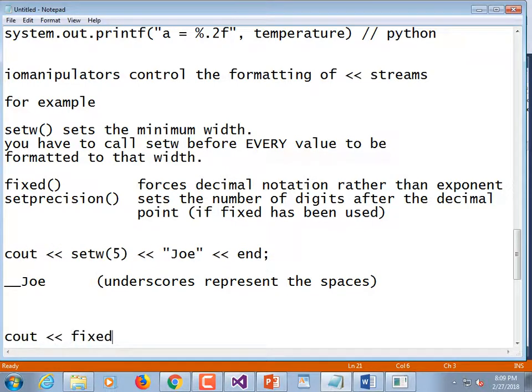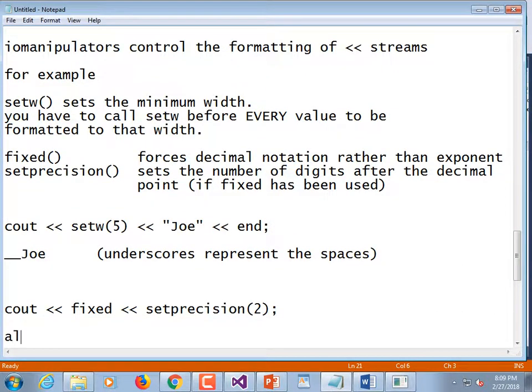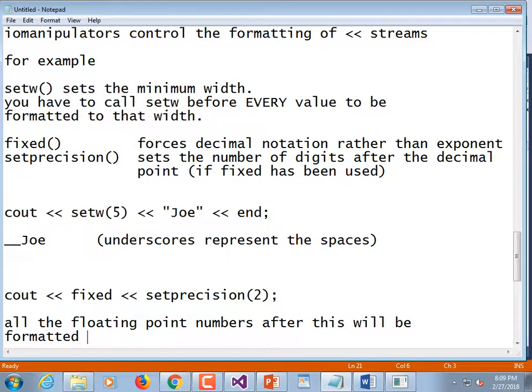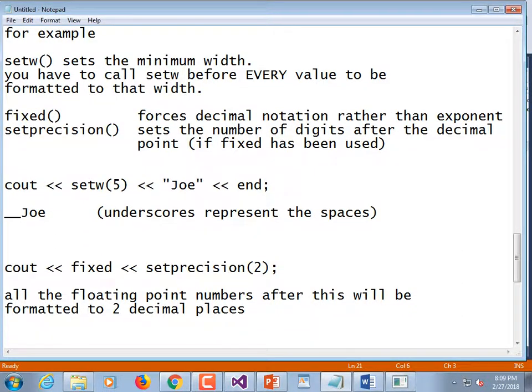cout fixed, setprecision 2. All the floating numbers after this will be formatted to 2 decimal places. You can mix those. You can set both the width and the precision, but remember that setw has to